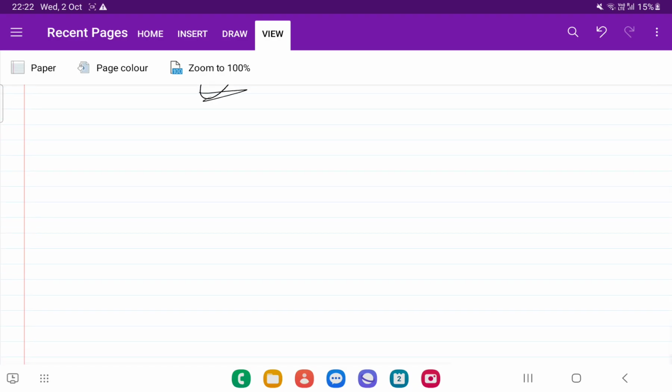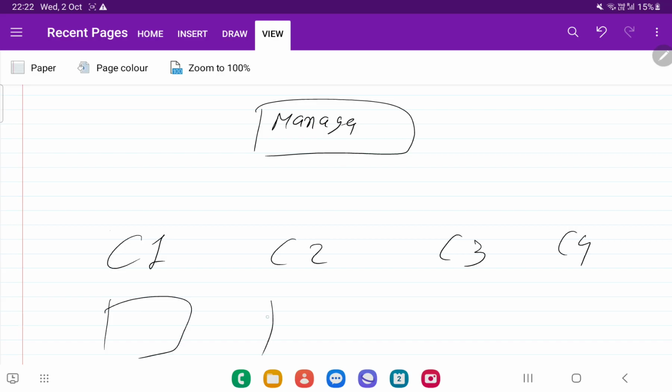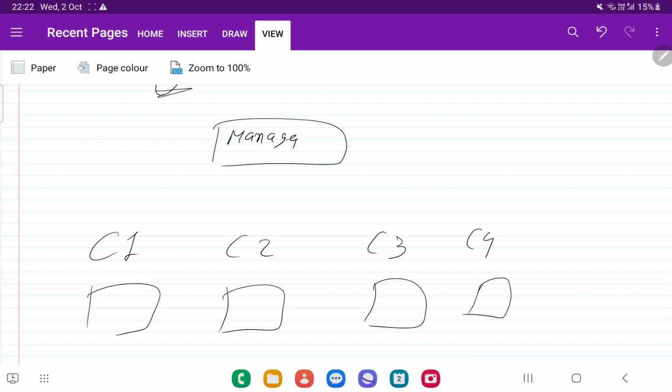Now let's say it is a very busy day in the pizza restaurant. So now what we can do is introduce a manager. Let's say we have chef 1, chef 2, chef 3, chef 4. They all are baking their pizzas in the ovens. Now customers are coming. If they directly disturb the chef, the chefs will not be able to concentrate on baking the pizza. So instead of going directly to the chef, we will introduce a manager.